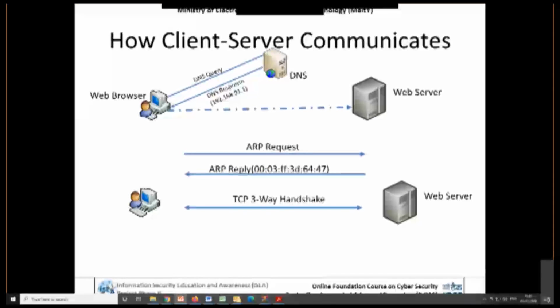Only then will the data be forwarded. Whatever application you take in this internet world, whether it is a web browser, email communication, network printer communication, or even chatting with WhatsApp and Telegram, this three-way handshake is a must. Without that, your data won't